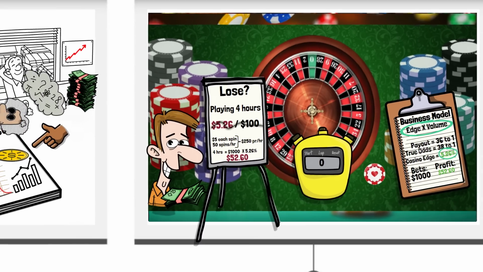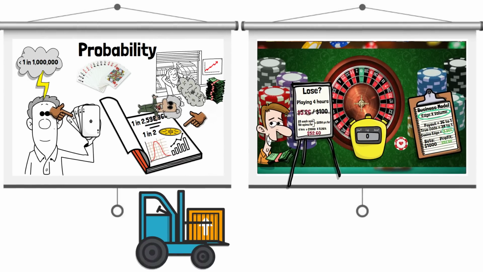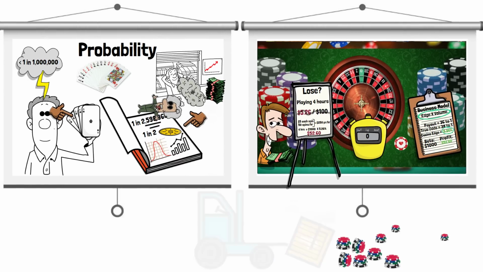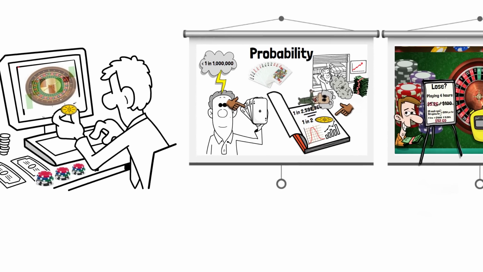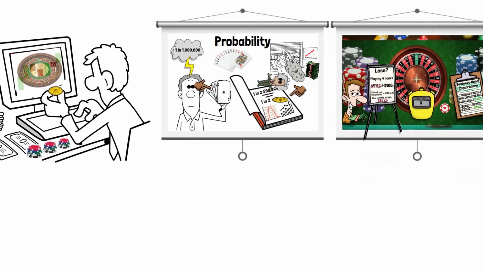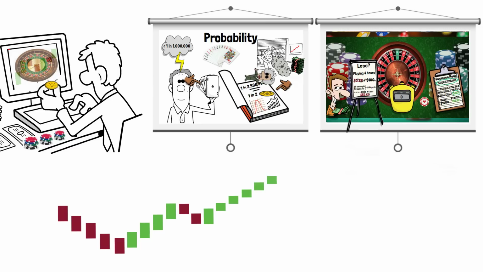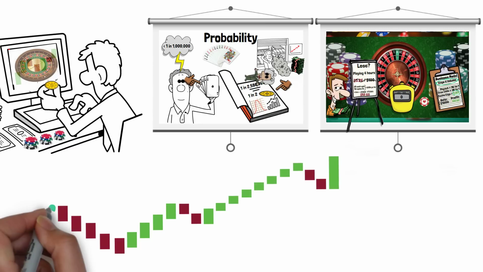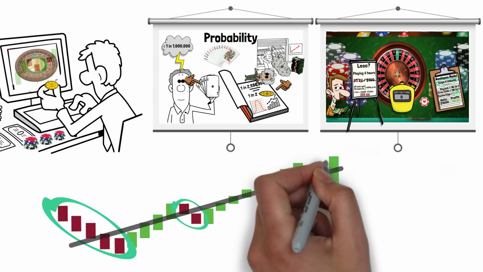The question is, how do traders improve their probability of success, create an edge, and apply enough trades to allow the edge to generate a profit? First, we need to understand that every trade, just like every toss of a coin or every spin of a roulette reel, each event is completely random. Anything can happen in the short term. Losing streaks and winning streaks are common, but with a large enough sample of trades or bets, the edge will eventually materialize. Try not to worry about the shorter sequence of events. Look at the larger sample of trades over the longer term.